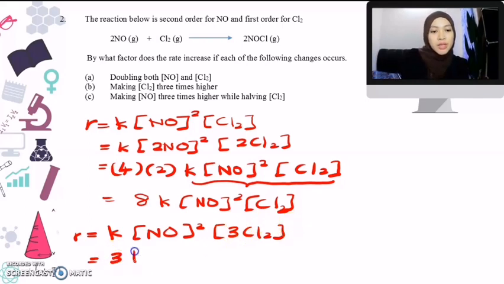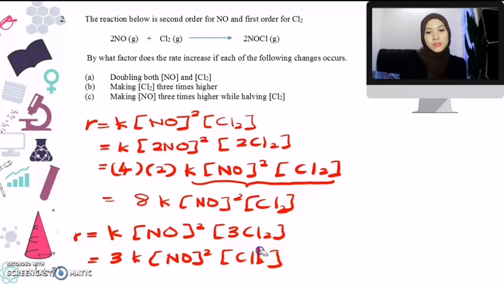So 3K NO squared Cl2. So we can see that our reaction becomes 3 times faster, or increased by a factor of